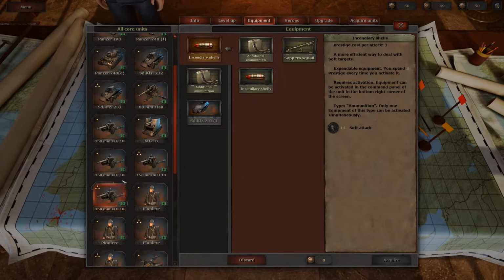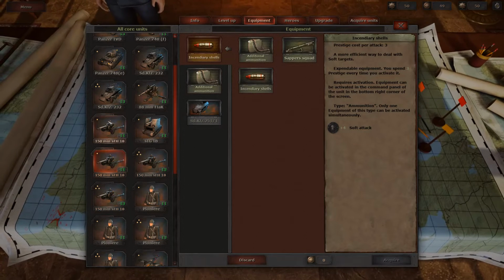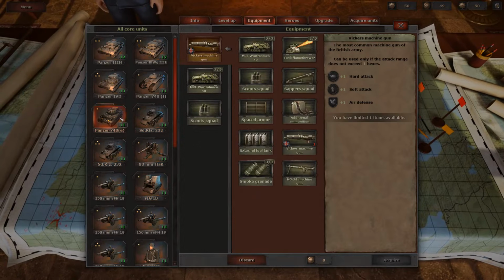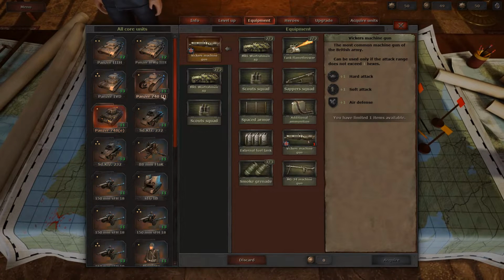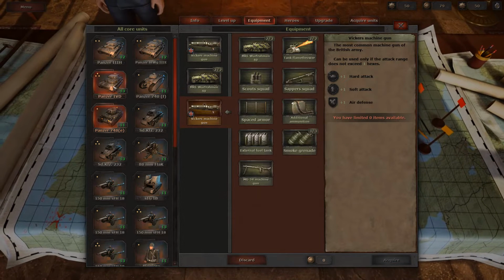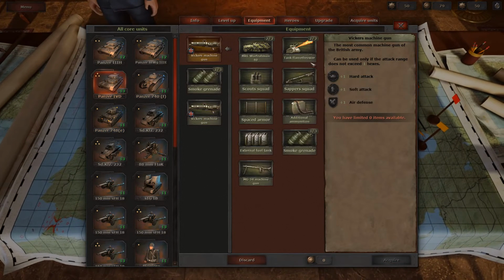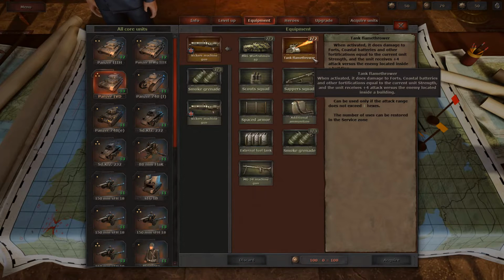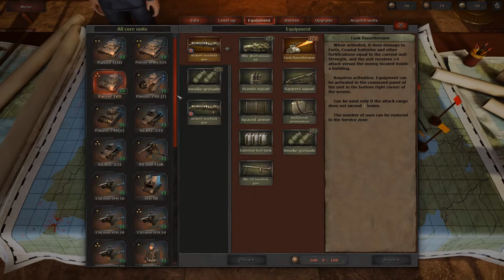And that's pretty much about it. So let's see whether they all have what they need. Yeah, they do. All these Vickers machine guns, huh? Does damage to forts, but it costs 100, and I don't...